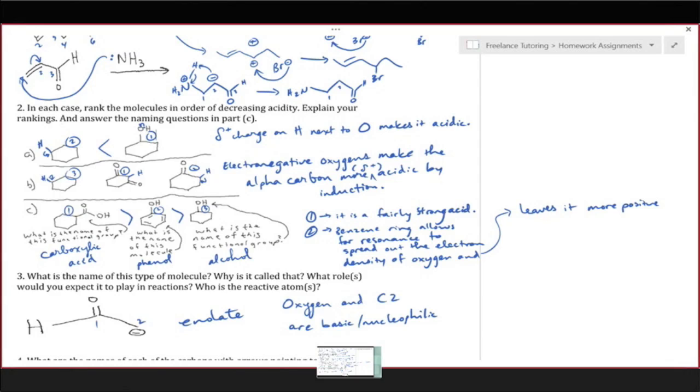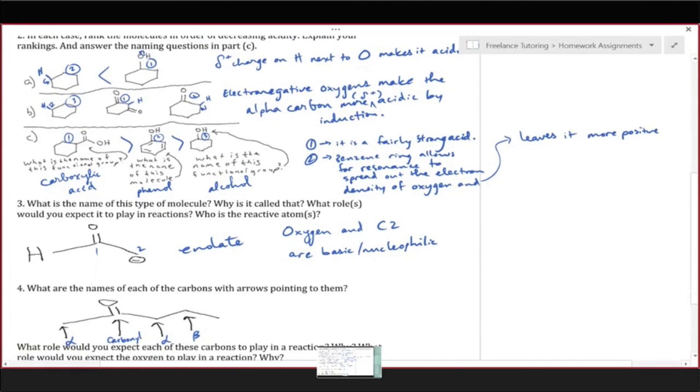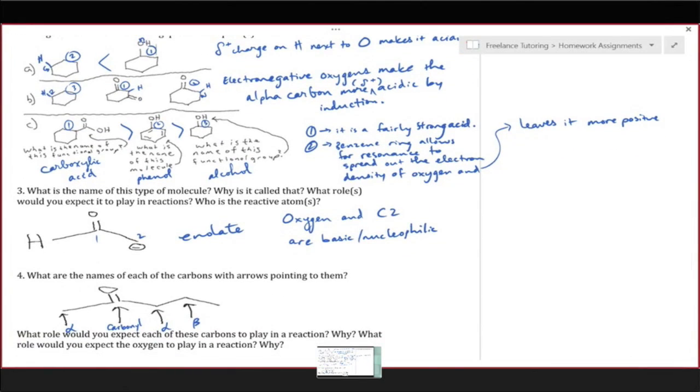All right, that's an enolate. I'm not quite sure if you answered the second question here. Why is it called an enolate? Oh, no, I didn't answer that. It looks like something else. It looks like,